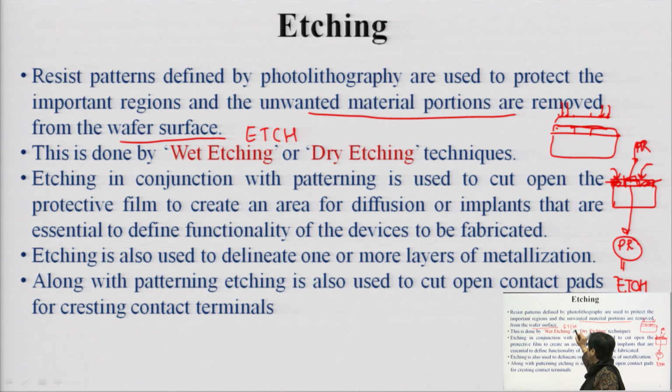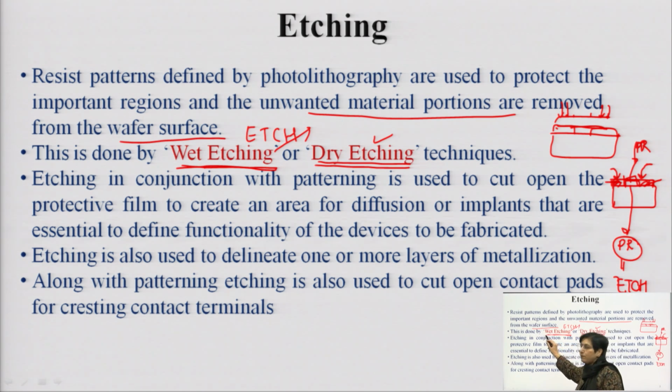Depending upon the type of material you are using, if we are dissolving the layer using a chemical material which is liquid in nature, we call it wet etching. Whereas, if you are physically removing that material through some plasma assisted technique or some other technique, we call it dry etching. As the name suggests, these are the 2 different types of etching processes generally used in VLSI technology. We are going to check each one of them.